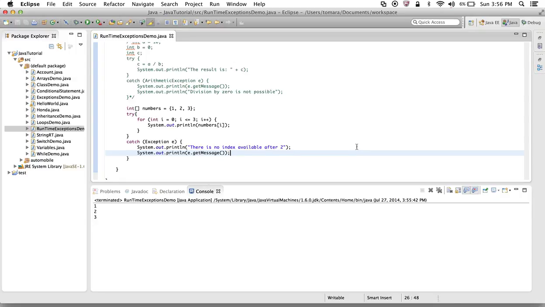See, all this is practice. If you practice more, you pretty much know what you're doing wrong. If you're dividing by 0, trying to access some index which is not available, and in these cases it's pretty simple. But in cases where we are getting an array from some other method and maybe we don't know the size of that array, in that case we might have issues with the length of the array and the size of the array. So we really need to be careful what method we are using, what method we are calling, which array we are using, and just do some precautionary, some better programming, and use these try catch blocks and